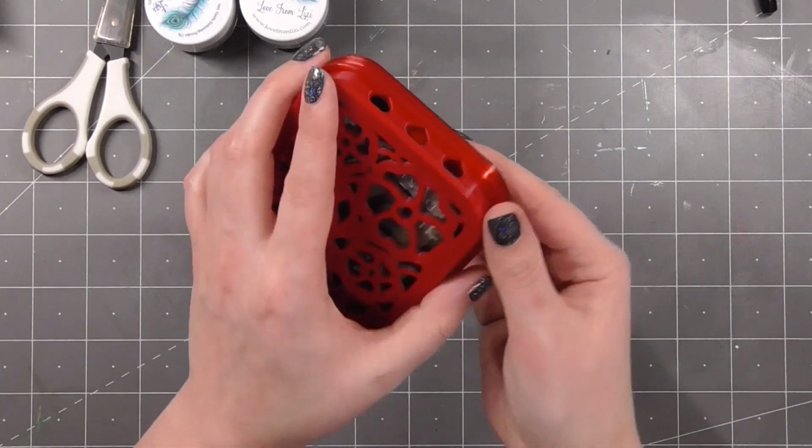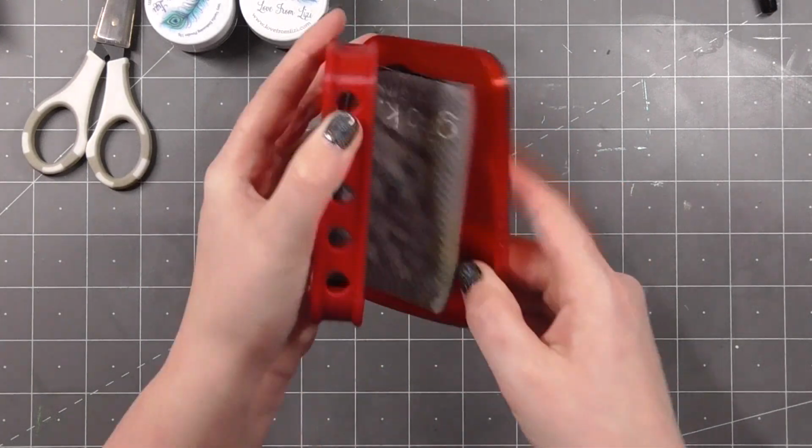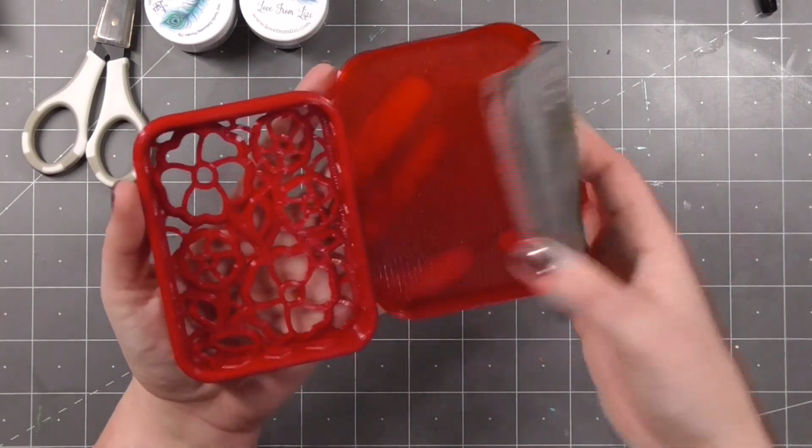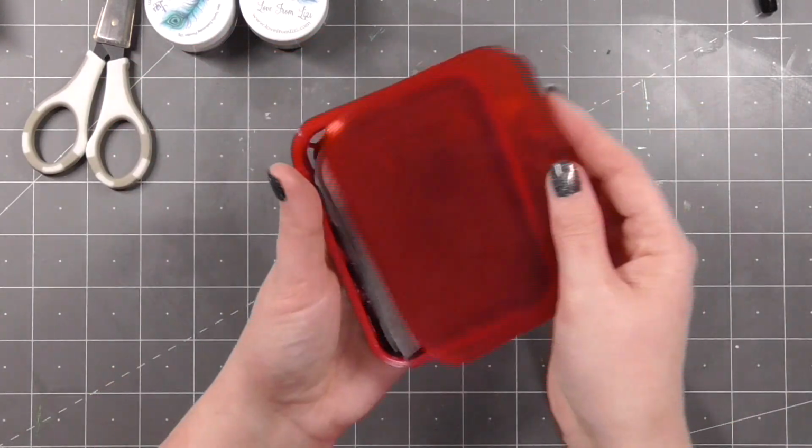Then I have my stamp chamois. Well, this is actually my Gina K tidy towel, I tell a lie, but it is something to clean my stamps, and I have it in this cute little case here, which is from, oh gosh, I want to say